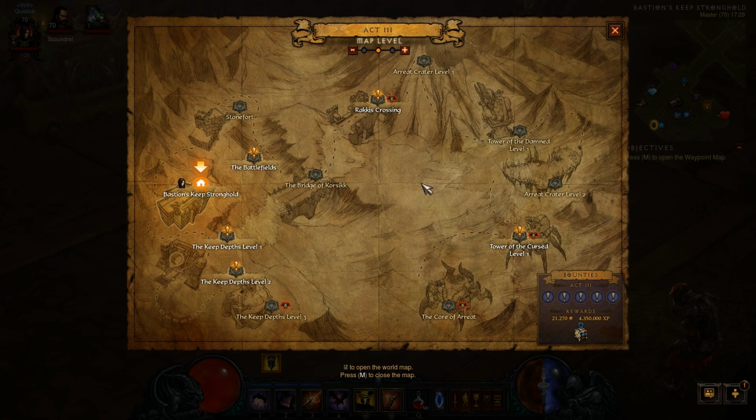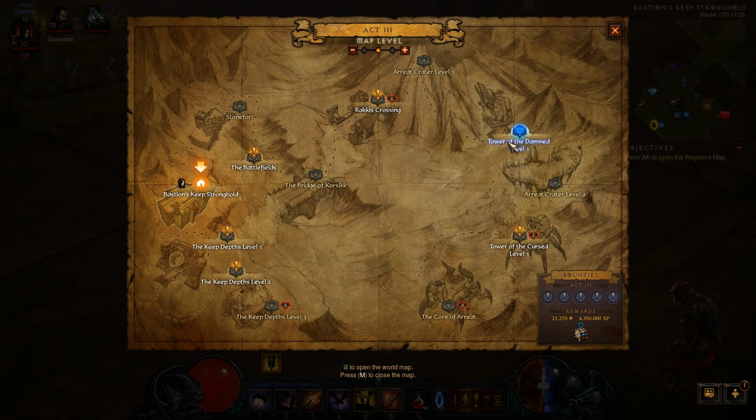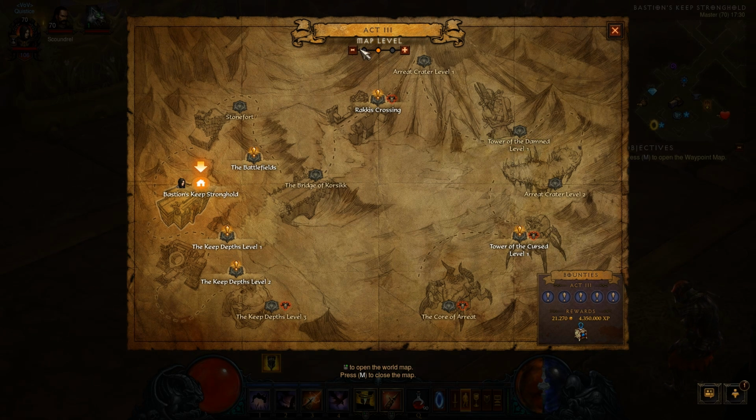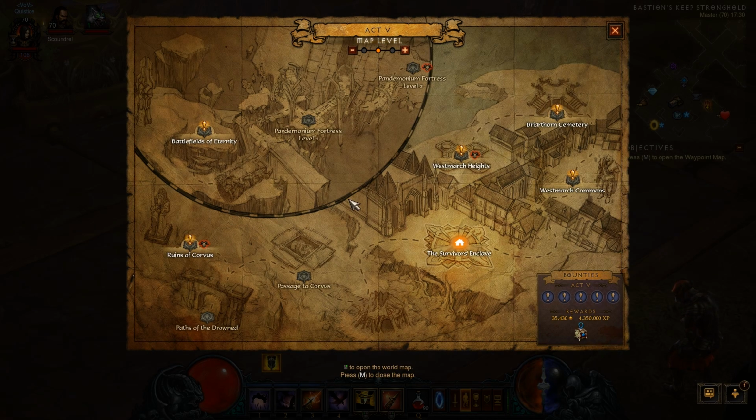And then lastly, in Act 3 we have the Tower of the Damned level 2. So obviously you're going to have to port to Tower of the Damned level 1, quickly run through until you can get to the second level, and the guy you're looking for is called Crabs. So those are the 3 in Act 3, and so now heading over to Act 5, we have in the